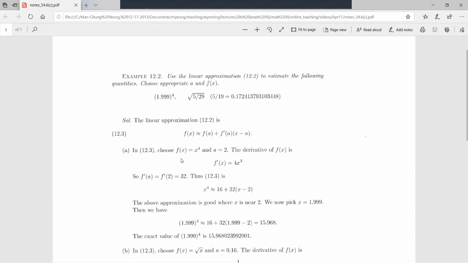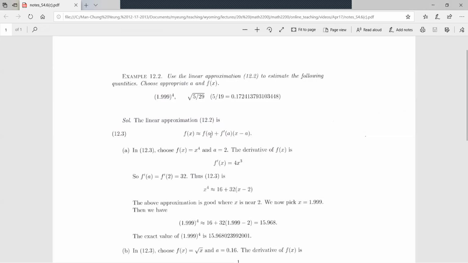Okay, now I have the function f and the point a. Now let me compute the function derivative at a. Taking the derivative of the function, I get 4x to the third. Now plug in 2 for x. 4 times 2 to the third is 32. Then the linear approximation formula now becomes, for the function x to the fourth,